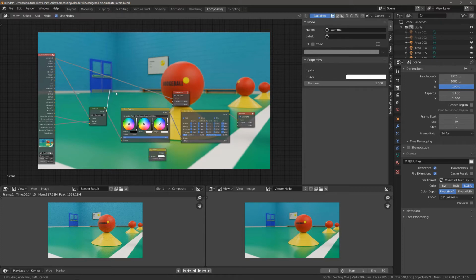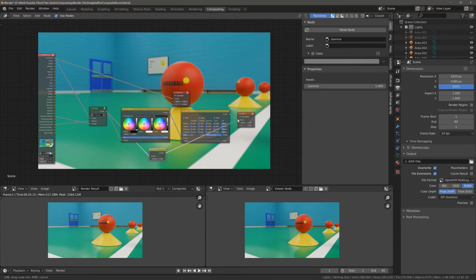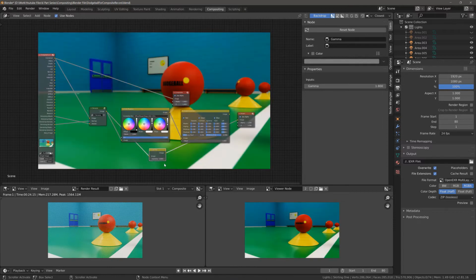And all it is, you just plug into the image input and then plug the output into the image input here for the viewer node, and then you can use the gamma value, and it's already had an effect on the image, and all you can do is just increase the gamma value here. So we can increase it to 1.8, and what that does is it almost acts like the power value here